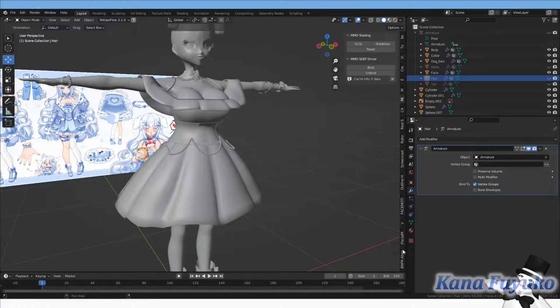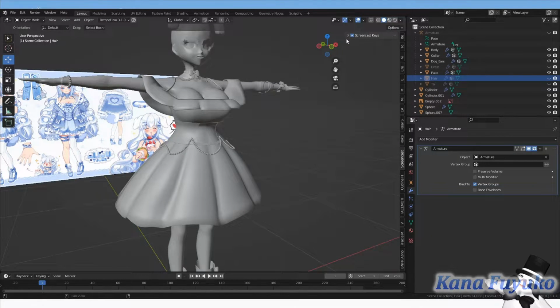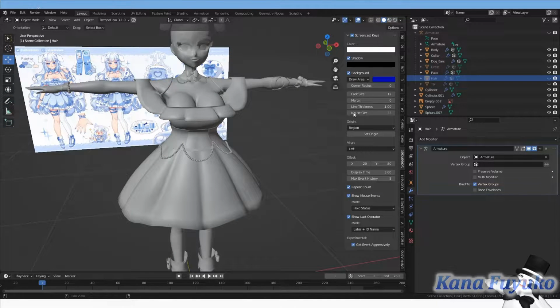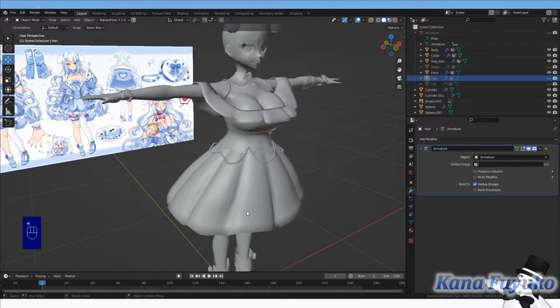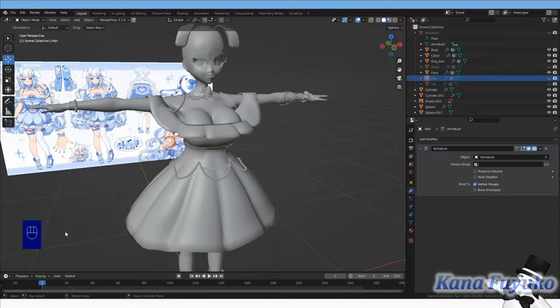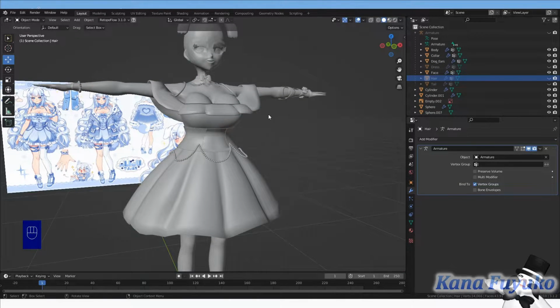And let me go ahead real quickly and enable my screencast keys. In case anyone's curious, screencast keys is basically what allows me to have my mouse and keyboard inputs presented here. So in case you struggle with hearing what I'm saying, you can just look at the screen below to see what I am inputting, so you can follow along a lot more easily. Now, with that being said, let's go ahead and start off from the beginning.